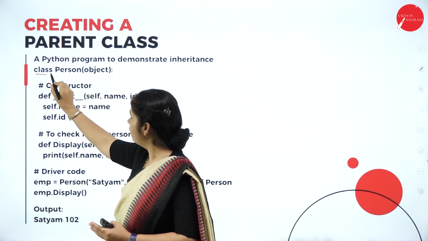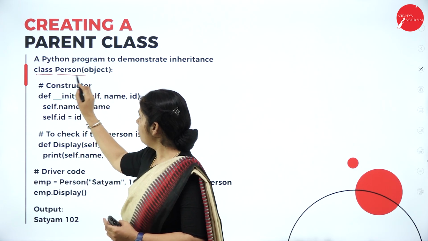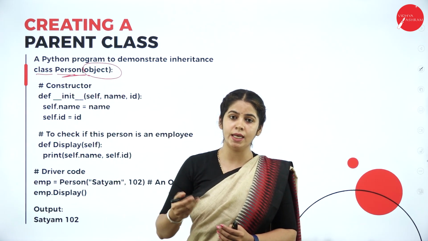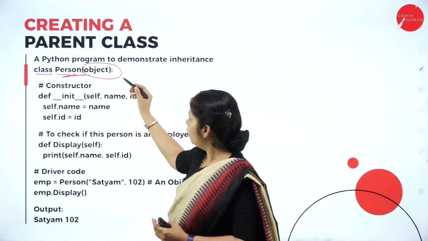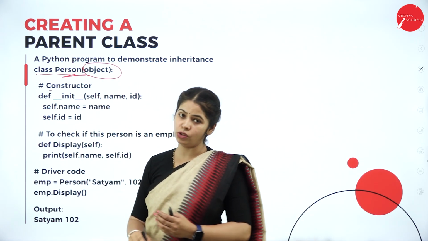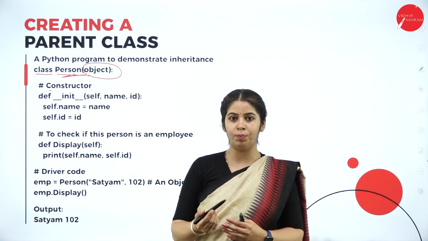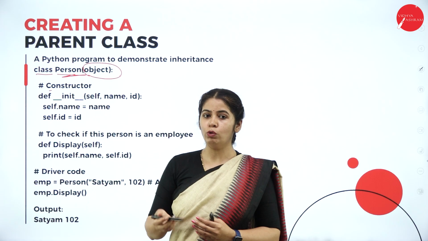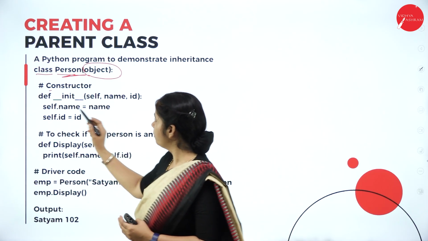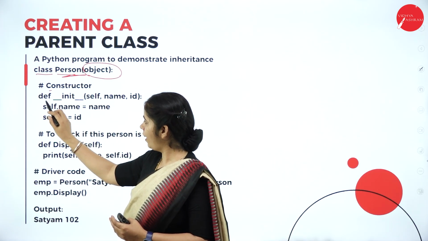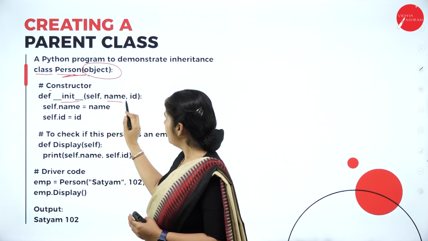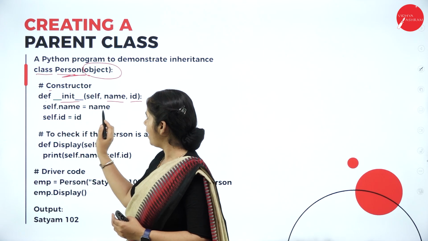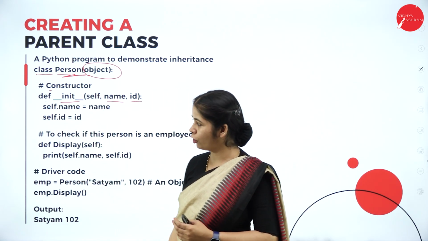It's the same as the class keyword, the name of the class, and then if we are passing any objects, right? So in this we are using the constructor. We have already discussed the constructor in the previous session. Why is a constructor used? It executes itself when the object is created, right? So we define the init function with two parameters, name and id. We are calling the same parameters with the help of the self argument.